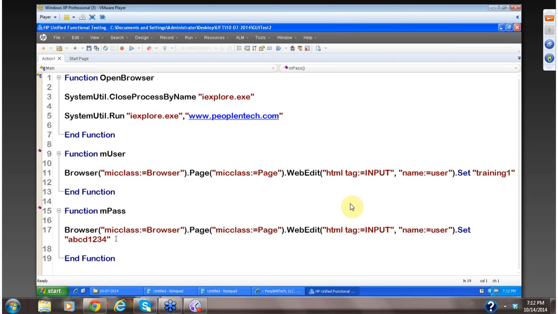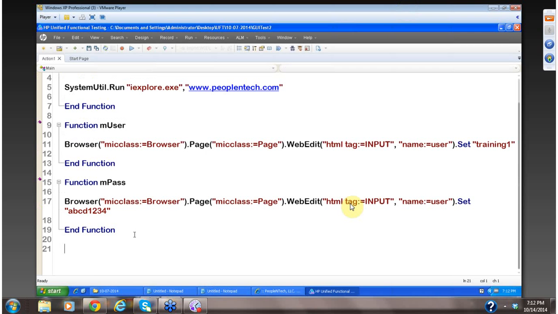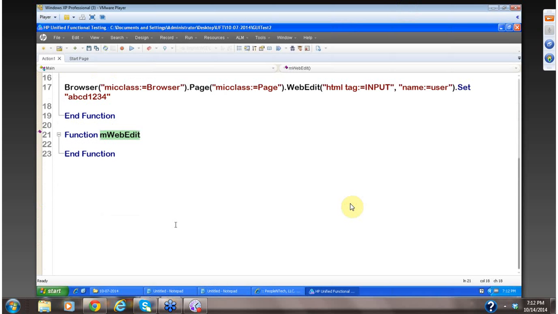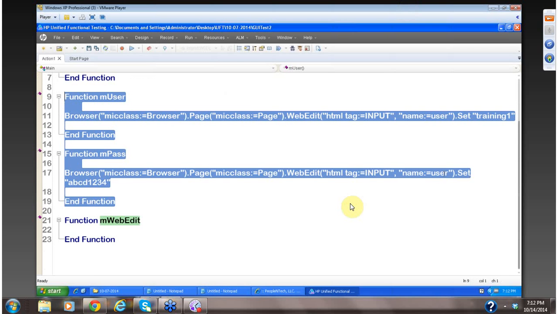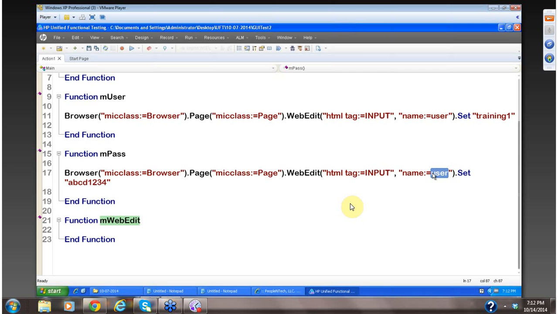So I want to create a dynamic function called web edit, instead of creating, oh sorry, this is not, see,